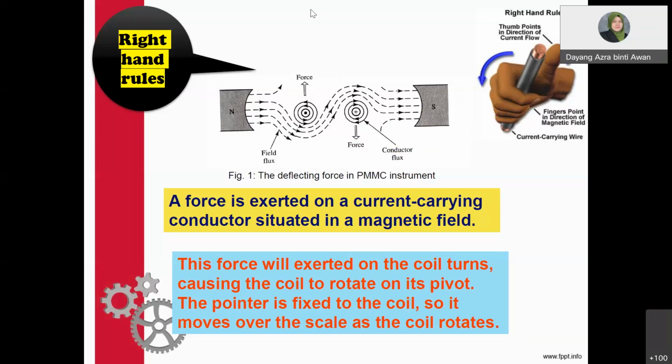Okay, so a force is exerted on a current carrying conductor situated in a magnetic field. Due to the existence of the force between the north and south magnet, it will produce what we call the magnetic field. So the existence of the magnetic field will make your pointer deflect. Okay, so this is the first part of your measurement. So after that,